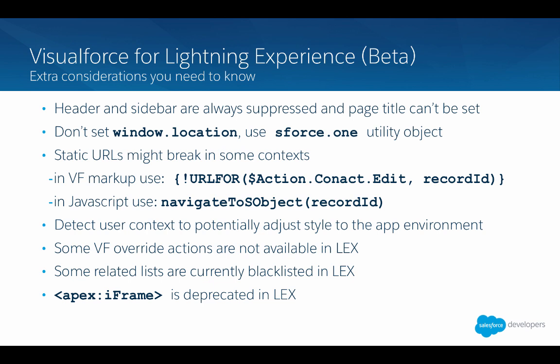And just a quick note, some of the actions or related lists are currently deprecated or unavailable. Actions specifically, any override for the object list action, for example, won't be accessible in Lightning Experience because it doesn't exist in Lightning Experience. So take a look at what standard action overrides are available, and those are the ones that'll work. Also around blacklisted related lists, that's just because we are currently porting over our CRM and all that other schema into Lightning Experience. So if you don't see it, it's mainly because it is currently only available in Classic.